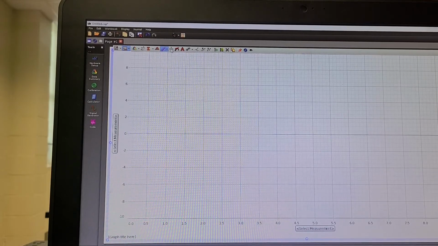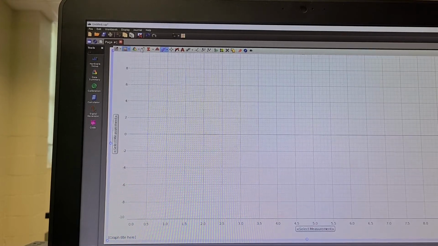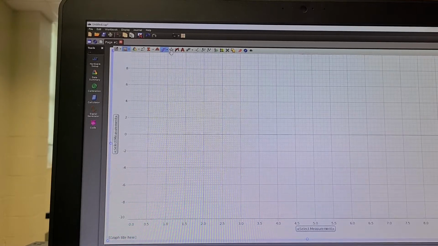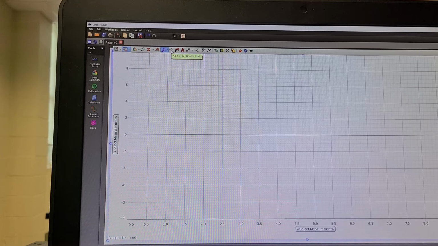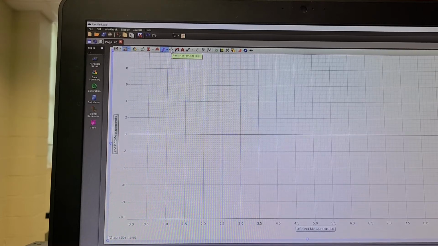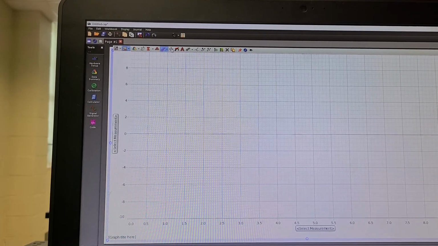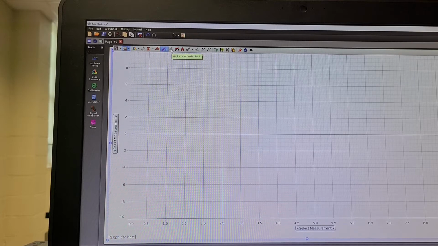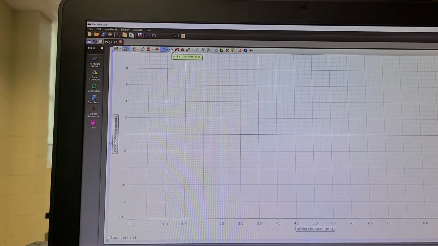All right, and then this one, if you need to read a particular data point, you can use this one. Let me see what number that is: 1, 2, 3, 4, 5, 6, 7, 8. Okay, 8 is very useful if you want to know the coordinates of a data point. If you just click on that, and of course you have to move it to the point, it will tell you exactly what the value is instead of you reading it. So that's basically a coordinate tool, and when you do that, there are 3 options. I think you will probably use the very first one, it's easy to use.